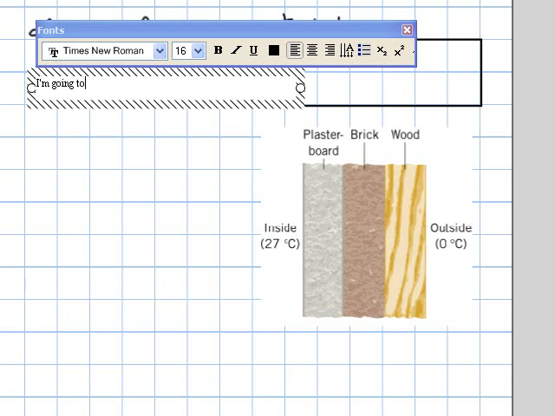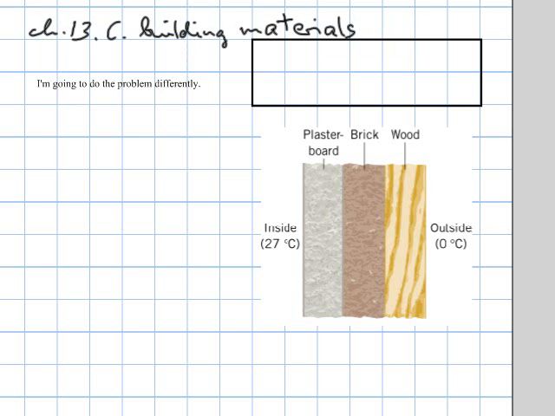So I'm going to do the problem differently, with a different focus. I guess that could be a little bit bigger. There we go. Okay. What I'm going to determine is the overall conductivity. So that means I want to determine a K total or equivalent